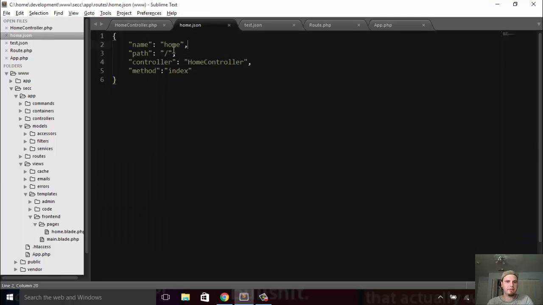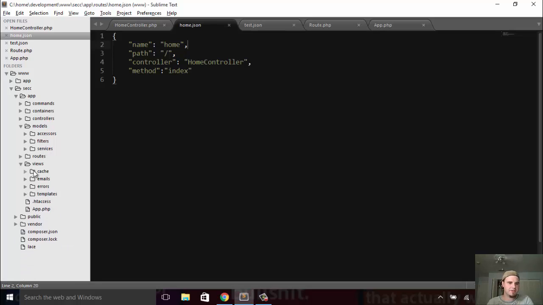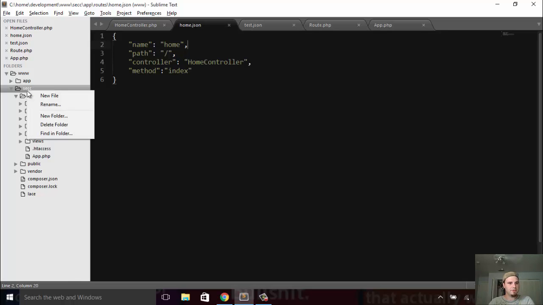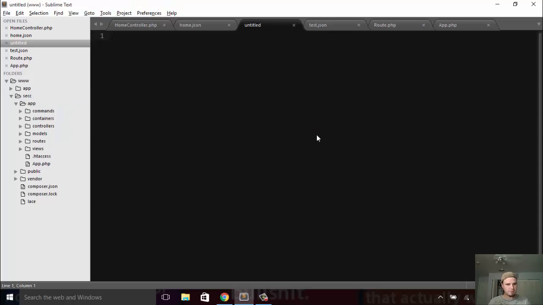What I want to do is make an environment system, so that we can work with different sorts of environments. Like if we have a development environment versus a production environment, then we can have different configurations, but still have kind of the same access to everything. So what I'm going to do is create a new file,